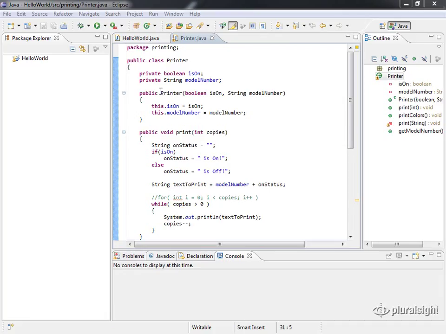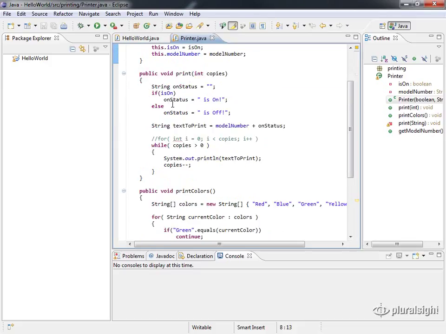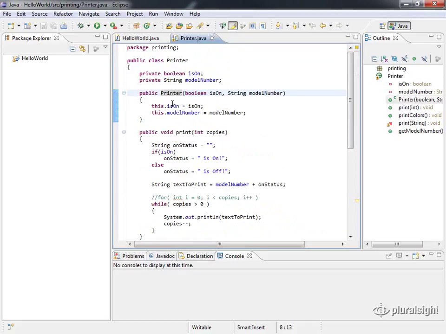So let's look at an example of inheritance in Java. I've got our Hello World program open, and we've got our printer class up here. And let's go ahead and change this so that we're using some inheritance here. One thing about a printer is that it is basically a kind of machine. So we could envision that perhaps there's a base class that we could use that our printer would inherit from